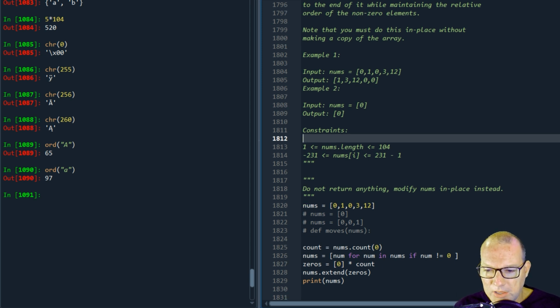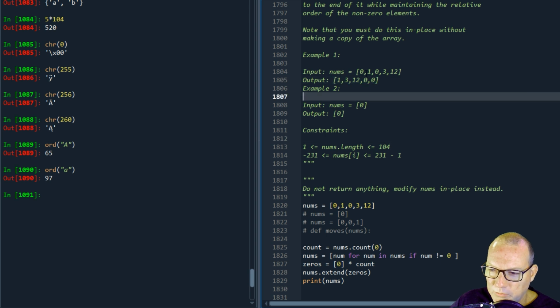I do these challenges to get you warmed up, fluid, and comfortable with thinking about how you would go about solving these problems, because there's more than one step to this. One, you have to decide how you're going to do this. Then I have to take that and write it in another language. Not only do I have to verbalize this in English, but then I have to type it in Python syntax. So the concept was you needed to move the zeros to the end